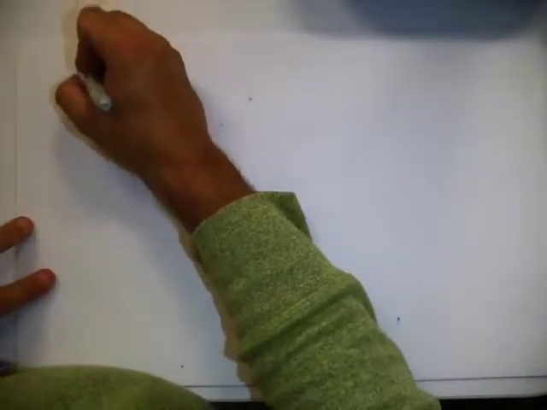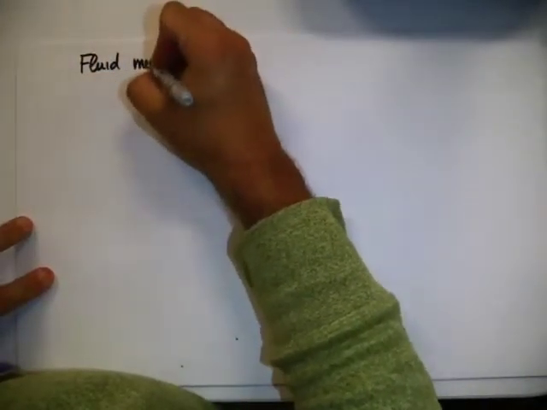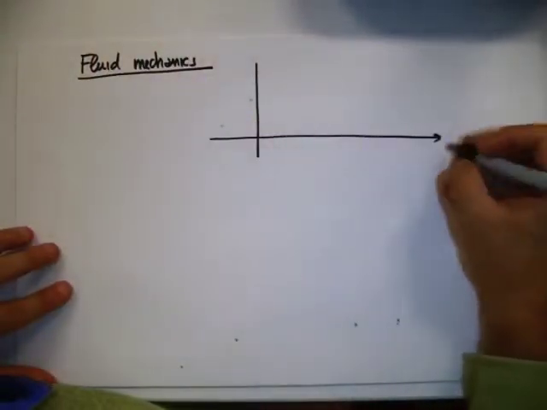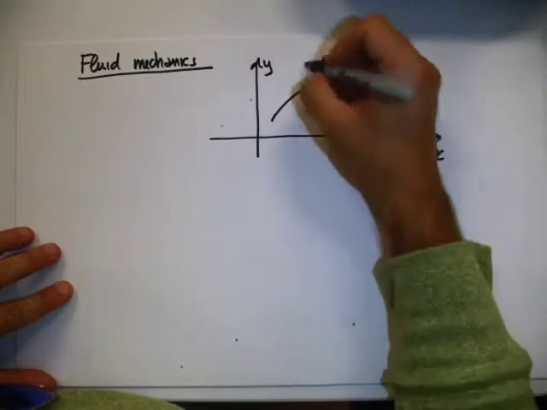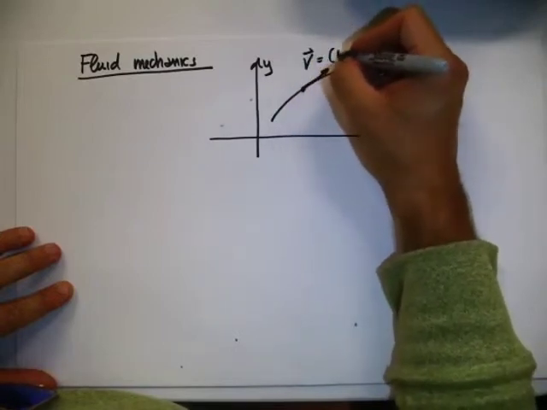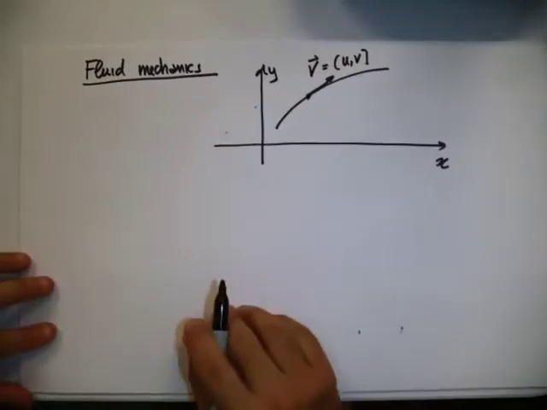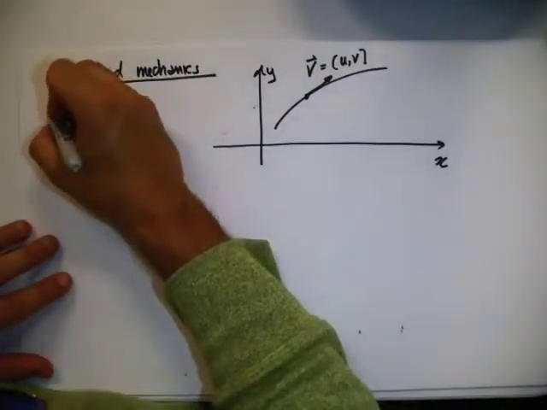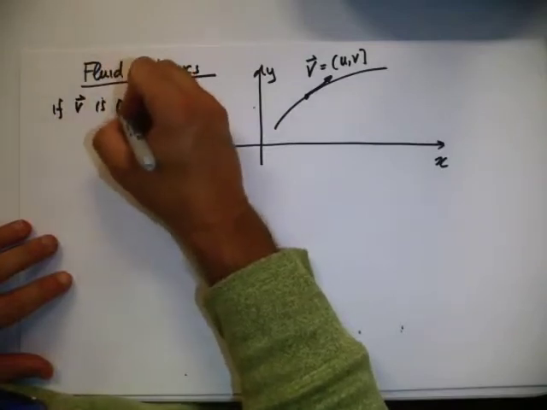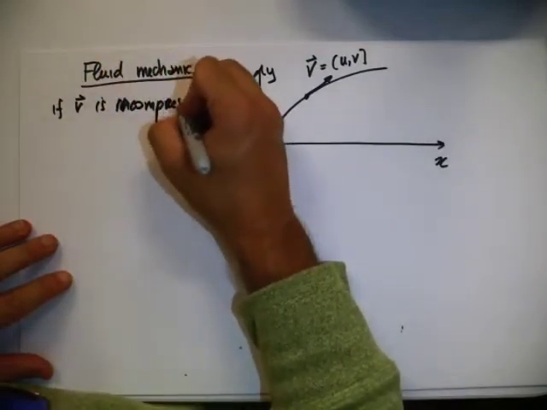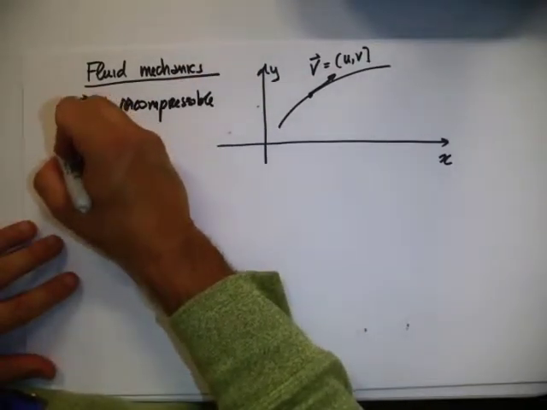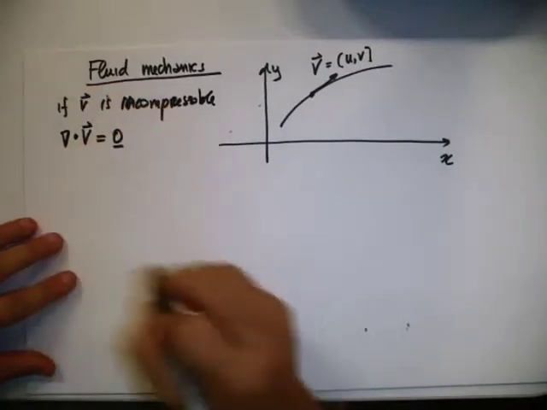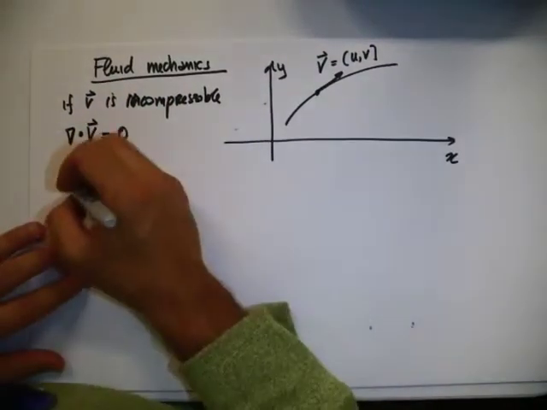An example is given from fluid mechanics. If we have a two-dimensional flow given in x and t, at any point we have the velocity field v, which has components u and v. If the flow is incompressible, which means that the divergence of v is equal to 0, I can express